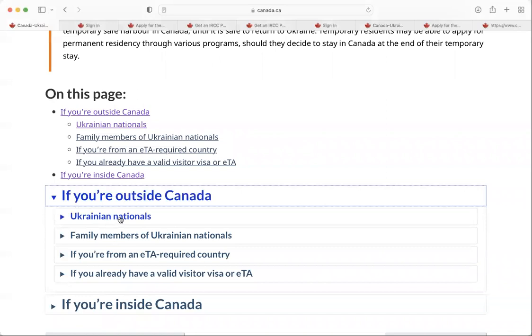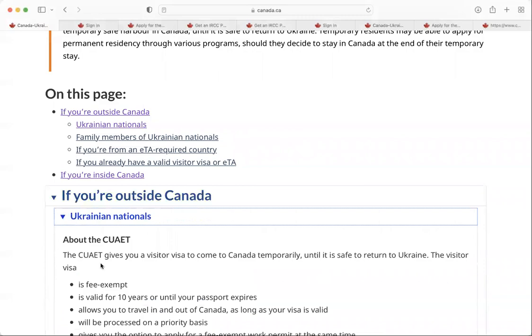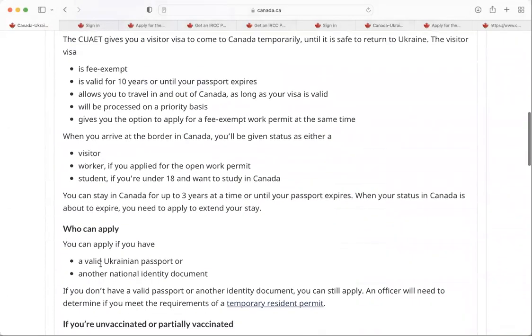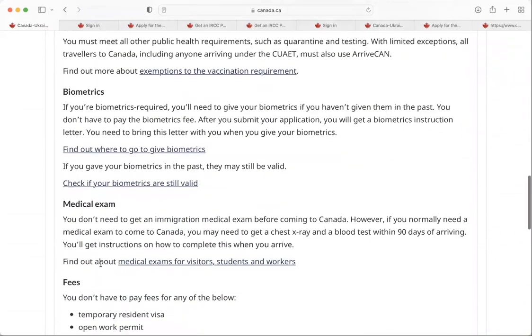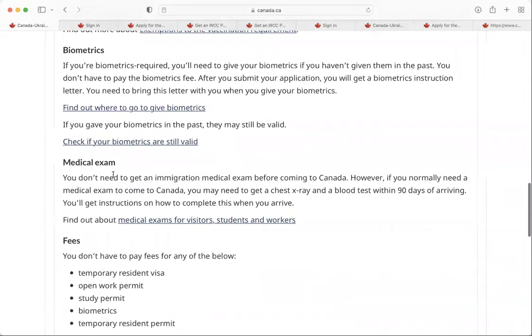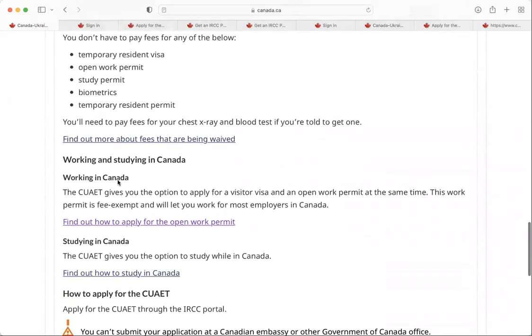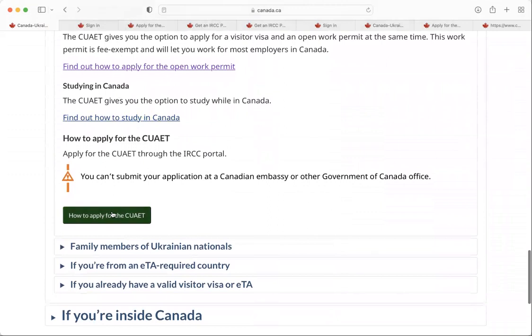When you click on this, you can see that Ukrainian nationals and family members of Ukrainian nationals could apply, and we'll just select this to see how to actually get to the application portal itself. You should read the instructions and the information provided here. And when you scroll all the way down, you see the button that says how to apply for the Canada-Ukraine Authorization